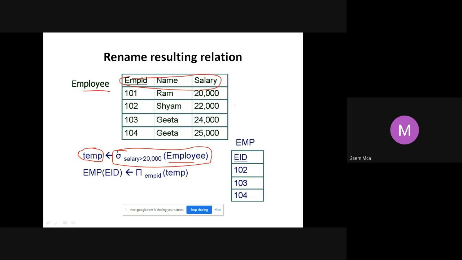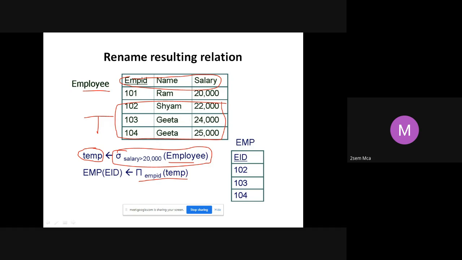So my temp will contain what? These three records. Temp will contain these three records. Next, I am applying a projection operation on temp.